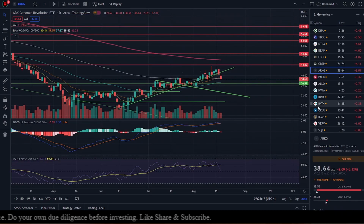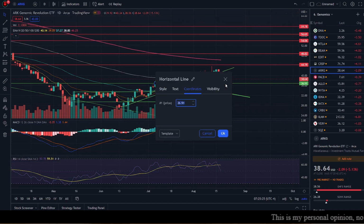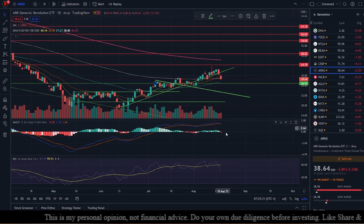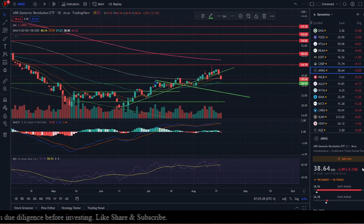Next, let's look at ARCG, which is down 5.13%. Again, a candidate for a dead cat bounce. It's being supported by the 50-day exponential moving average and the horizontal line of support at 36.91. Pre-market, our MACD is bearish, and the momentum is slightly above average, but it's pointed downwards. There are no trades pre-market for ARCG, but I'm thinking the bottom line for it today is going to be